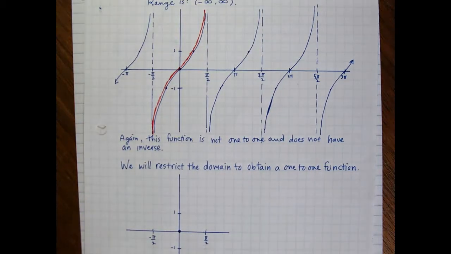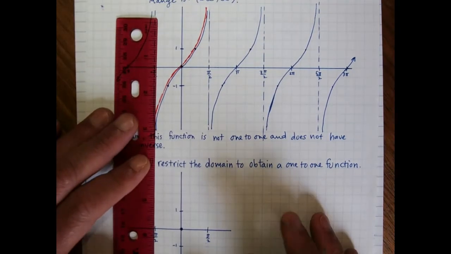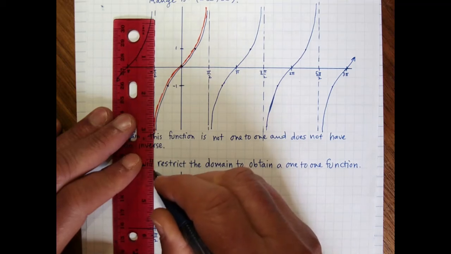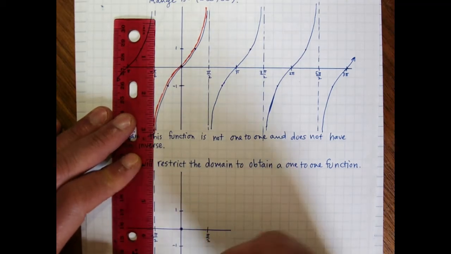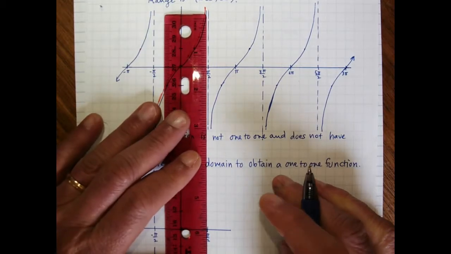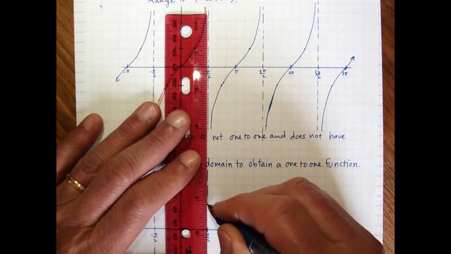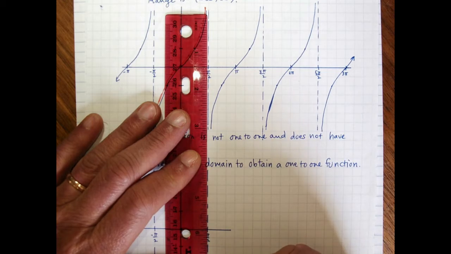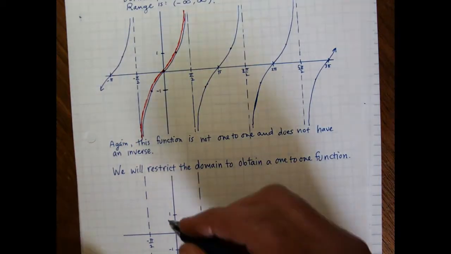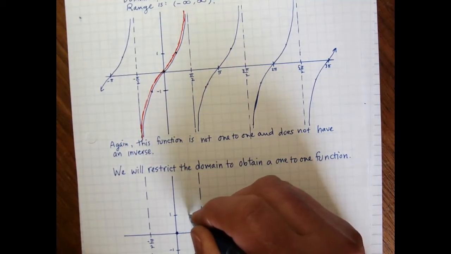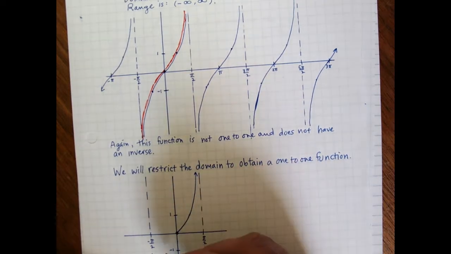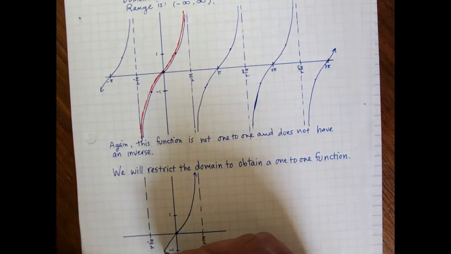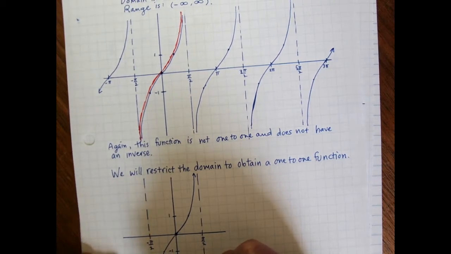So let's draw that here. I'm going to indicate that restriction. And I want my vertical asymptotes to help me draw the graph. So I'm going to rise up to the right, come back down to the left like so,